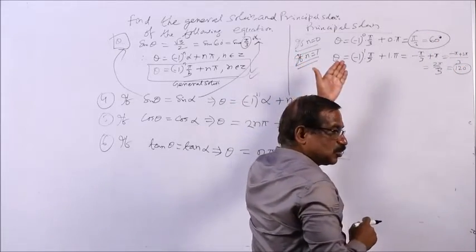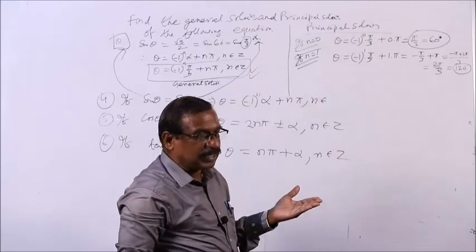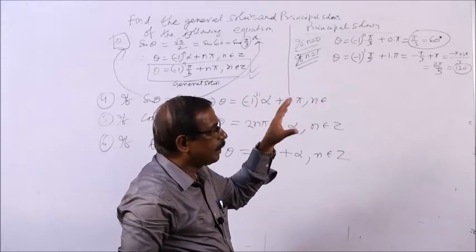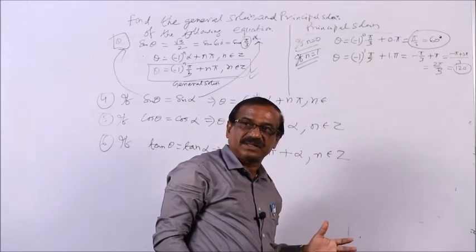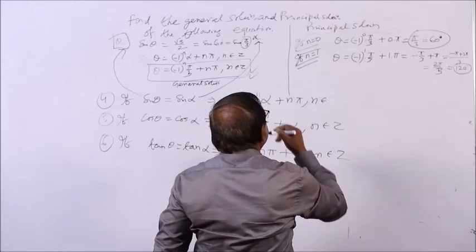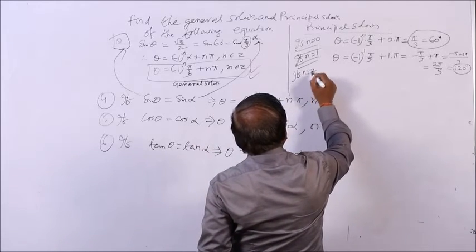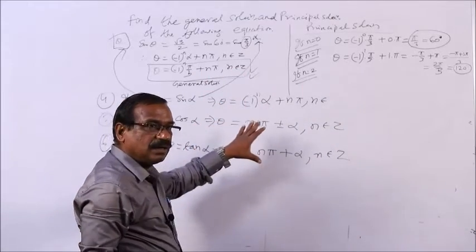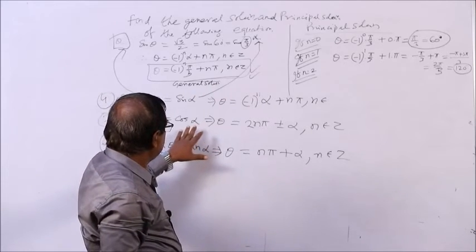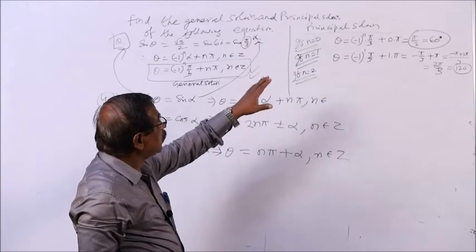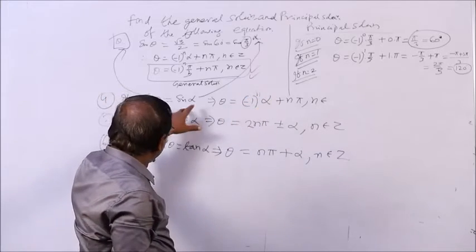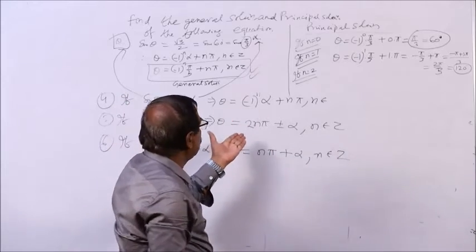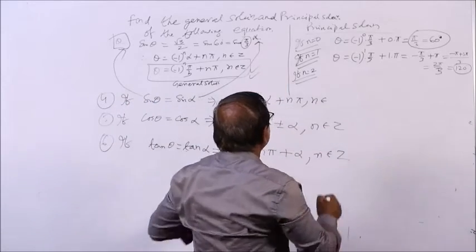This is another principal solution, because whatever values of theta we are getting, they all lie between 0 to 2 pi, I mean 0 to 360. As per syllabus, we are interested in the principal solution. If n is equal to 2, let us see what happens. You have to remember the general solution first, this formula I have written here. Please remember the general solution. If you are not able to find the principal solution directly, put values of n here, 0, 1, 2, 3 like this. You can put negatives also, but take the positive, it will be easier on your part.